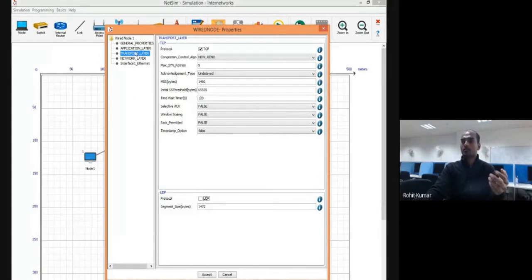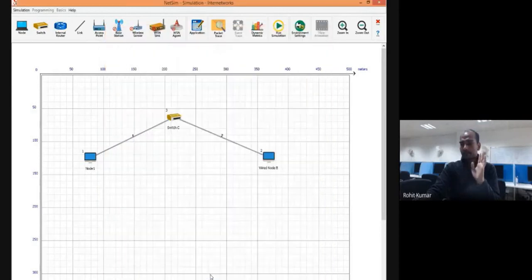The congestion control, responsibility of the transport layer. The retries, responsibility of the transport layer, means if your connection gets dropped, then again you will retry from transport with the help of the application, obviously. Then acknowledgement type, delayed, undelayed, maximum segment size, etc. Selective repeat, selective acknowledgement, these things. So we click on the TCP, we uncheck UDP, and we simply accept it.